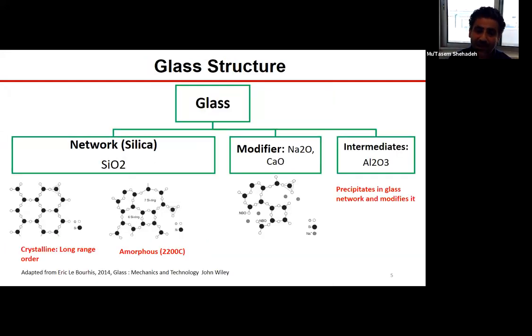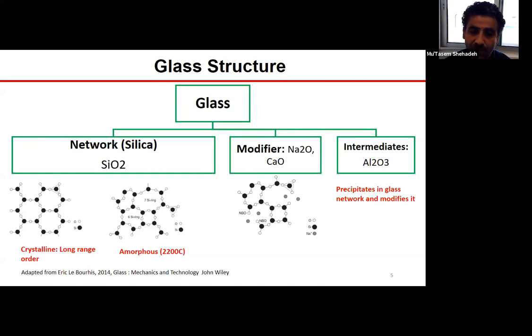Now, when we talk about glass in general, glass as a structure in terms of its atomic structure, consists of three different components. The first one is called the network, which is in this case the silica. And added to this silica is a modifier, which is usually an alkali oxide. Silica on its own, as I mentioned, has a melting temperature that is around 2000 degrees Celsius. By adding this modifier, in this case, the sodium oxide,